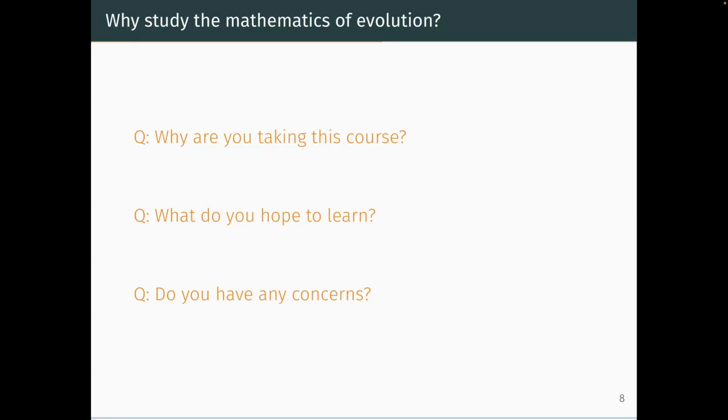Any other concerns before we go on? Yes. One of my concerns was how useful the things that we learn in this course would be if I want to later work as a mathematician or a computer scientist, because I'm deciding between this course and another course. This course seems very interesting, but I'm not sure if it is actually applicable, because we're not biologists, and the math we should probably already know.